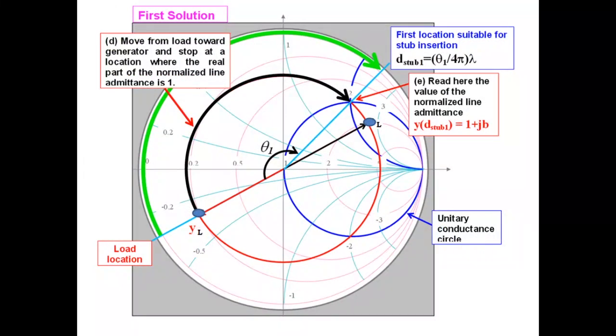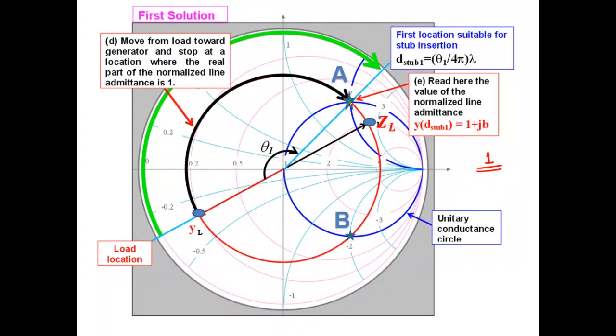So this is what I said earlier. This point was ZL, the load impedance, and these points are A and B. Why do you take these 2 points as the possible locations for the stub? Because these are the 2 points where the S circle meets the G equals 1 circle. The logic of the stub is that for maximum power transfer or impedance matching, the normalized impedance should be 1. For that, the S circle should meet the G equals 1 circle. So the possible locations are A and B.